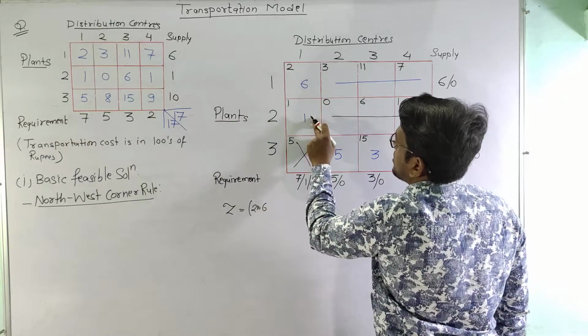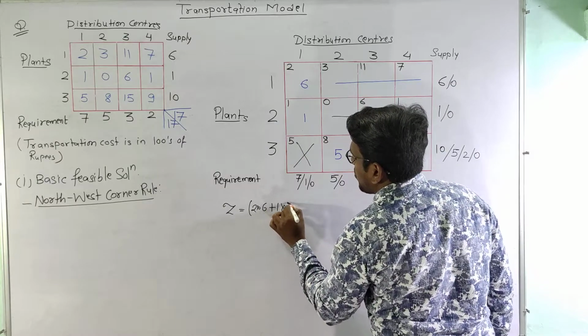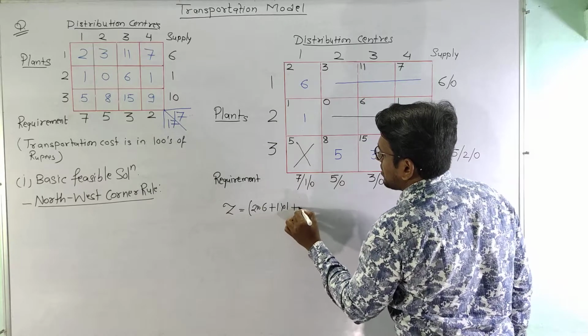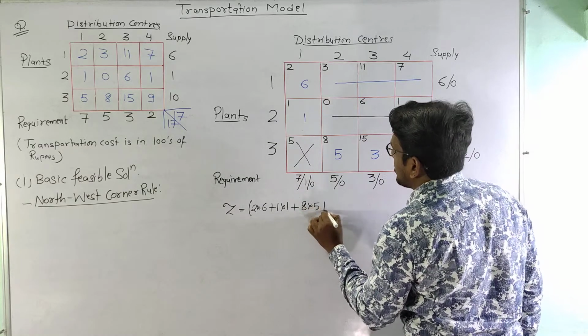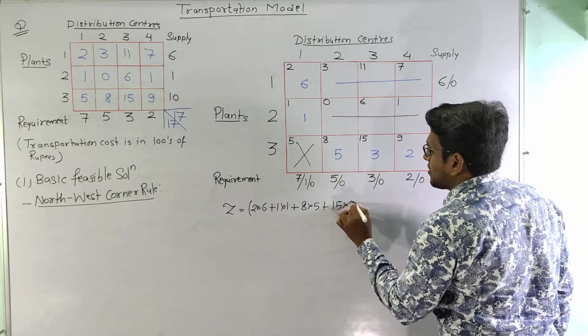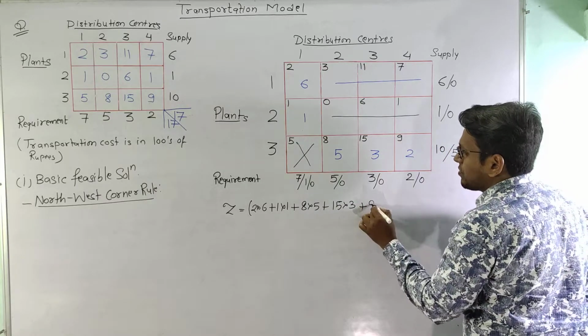Similarly here is another allocated cell plus 1 into 1. Similarly here is one allocated cell which is 8 into 5 plus 15 into 3